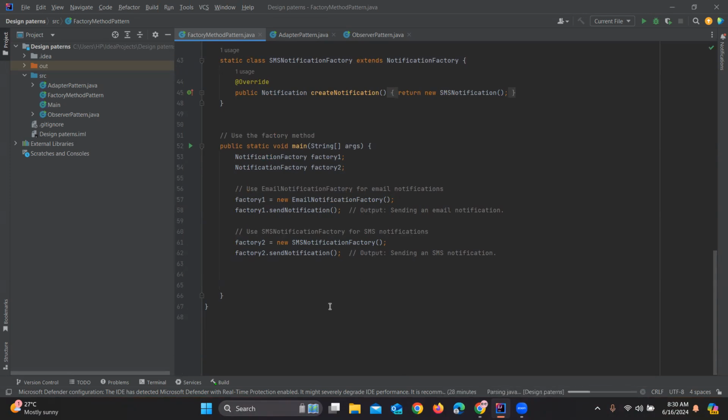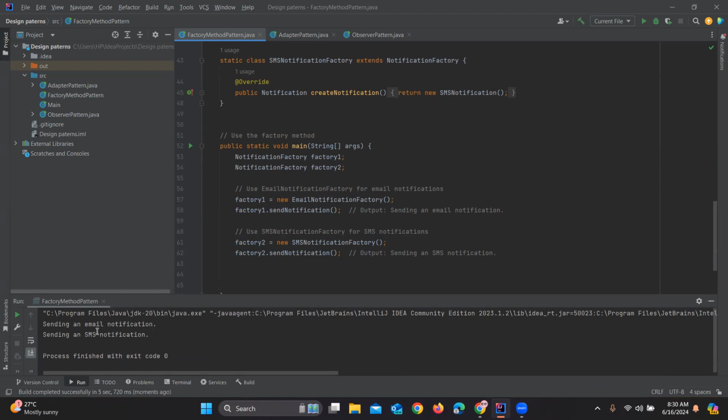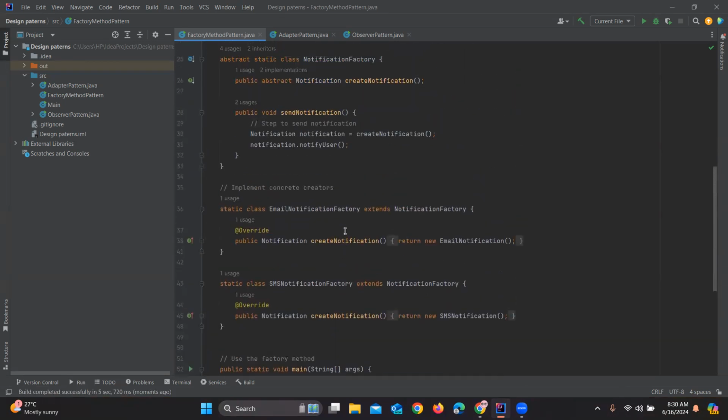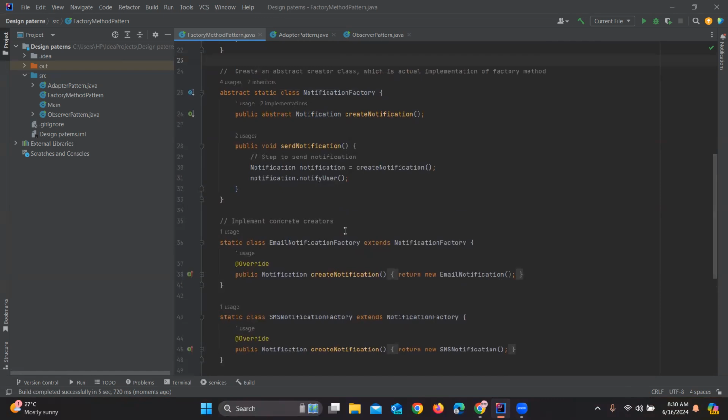So, just getting some time, and yeah, these two are the outputs. Okay, I think you have an idea. What is the purpose of having this factory method? It is to create a new object, because at the beginning